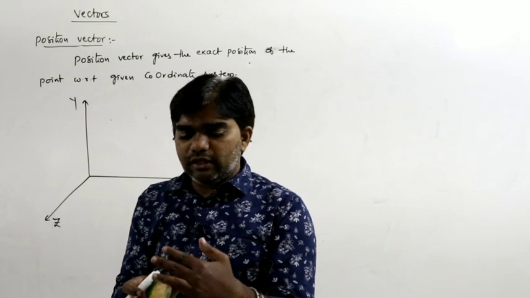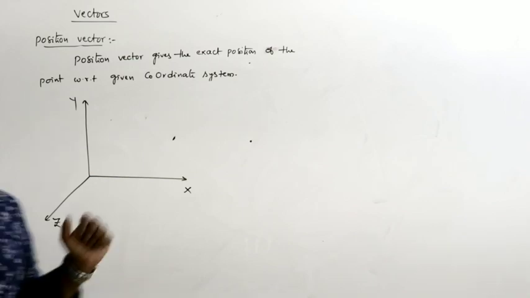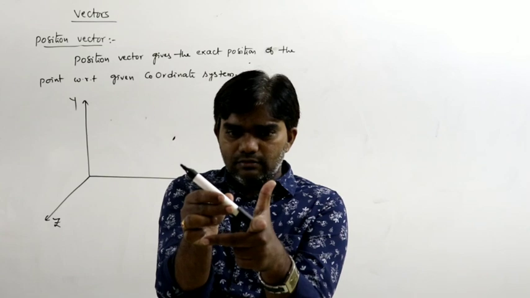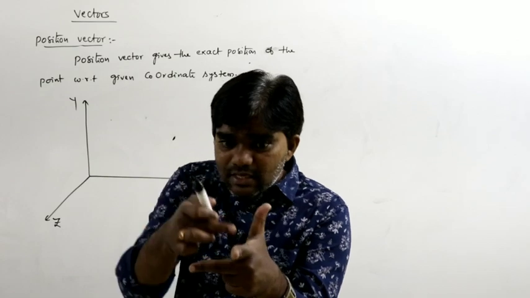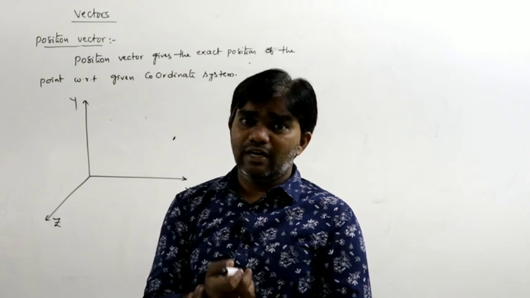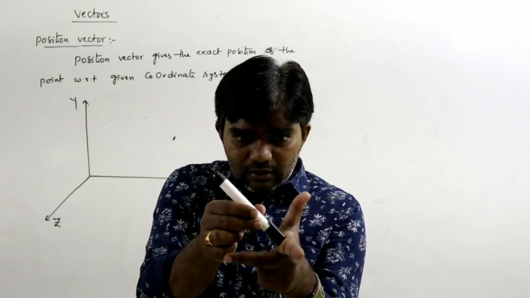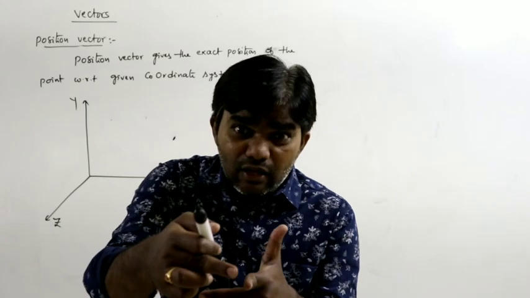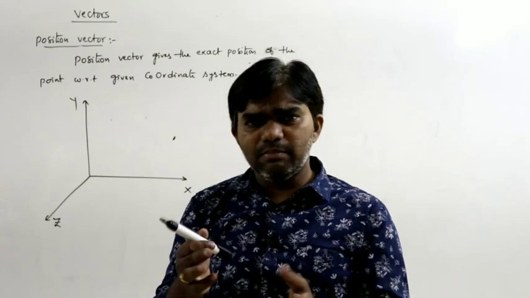Now I am representing a vector in 3 dimensions. Let us say this A bar is the vector in the 3-dimensional coordinate system. This A bar has a certain magnitude along the x axis, a certain magnitude along the y axis and a certain magnitude along the z axis. Definitely, no doubt about that. It must compulsorily have these.